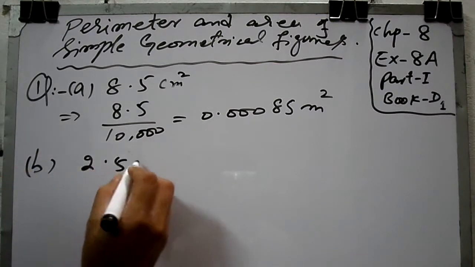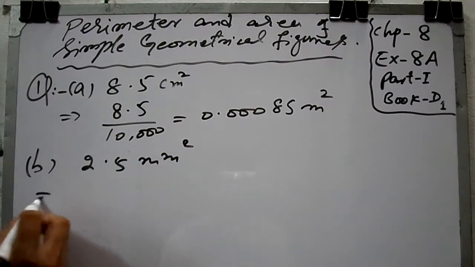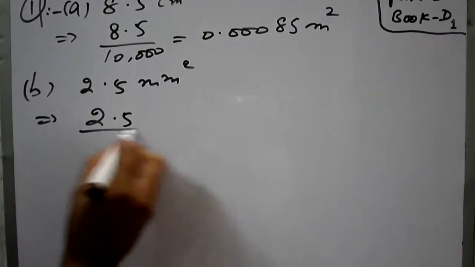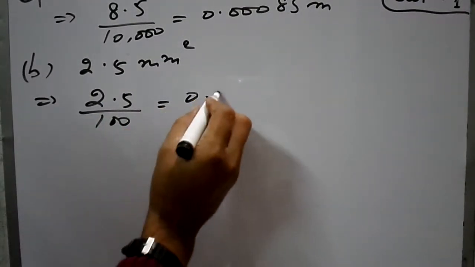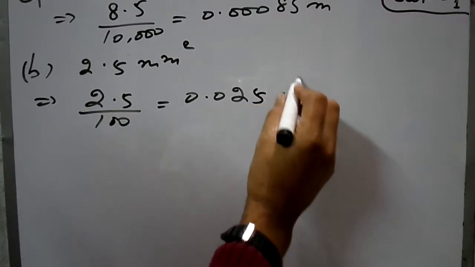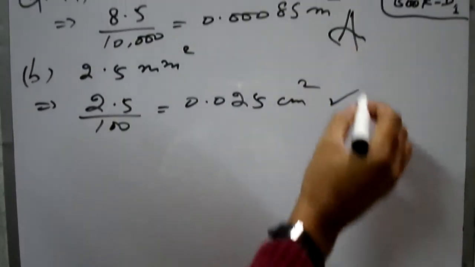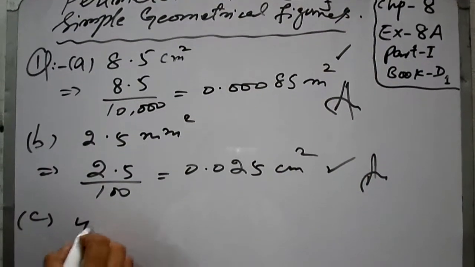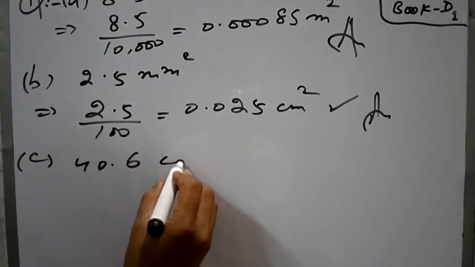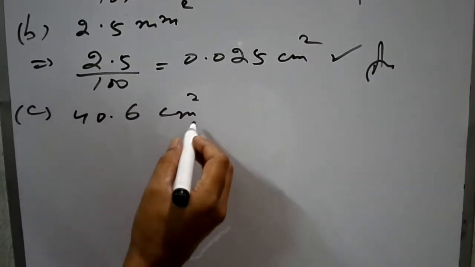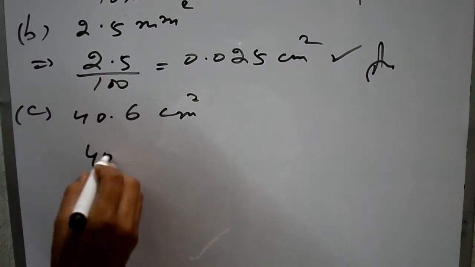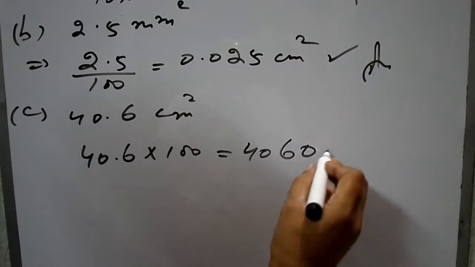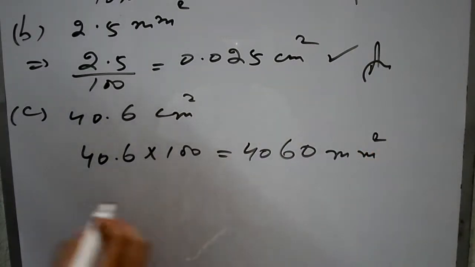2.5 millimeter square, so you have to convert into centimeter square, so divide 2.5 by 100, you will get 0.025 centimeter square. Now in C part, 40.6 centimeter square, convert into millimeter square. Then you have to multiply by 100, you will get millimeter square. E part,